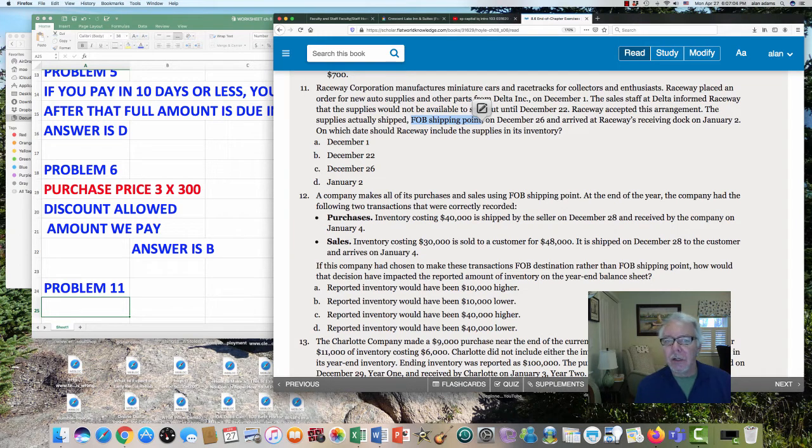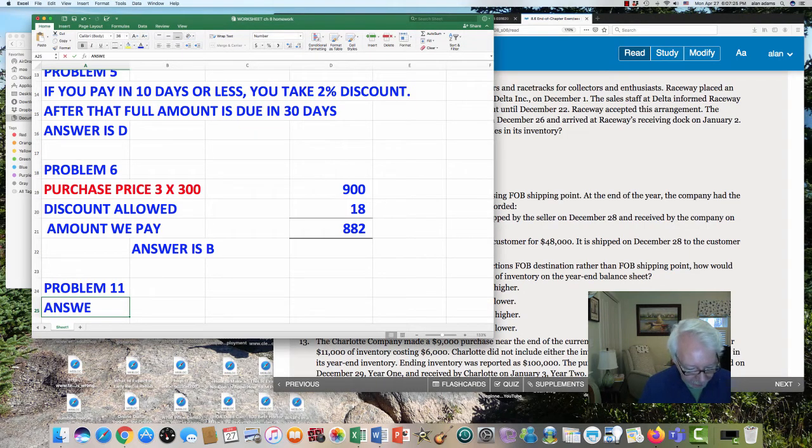At the end of the year, we owned it, and that means that as soon as the truck rolled, as soon as they shut the door, loaded the truck, and it started rolling toward our plant, that's the day we own it. That is the day we have to record the supplies in our inventory. It is now ours. The correct answer, therefore, okay, answer is C,